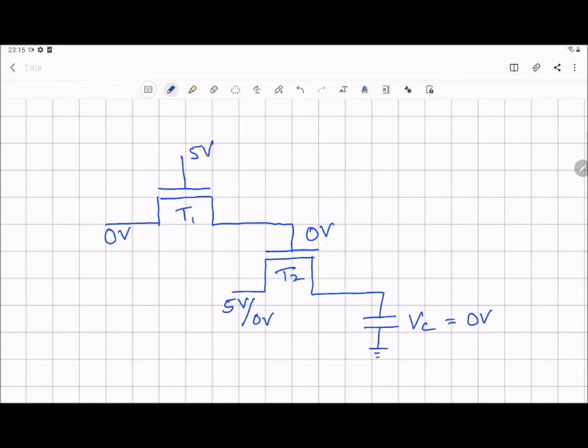Now the VGS of transistor T2 is less than VTN, and hence transistor T2 will be always off. So the voltage across the capacitor is going to be 0 volt, or whatever the previous stored value in the